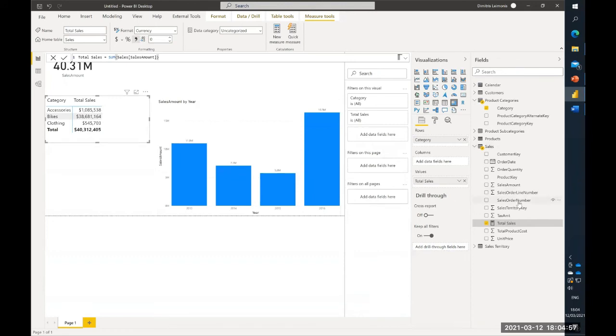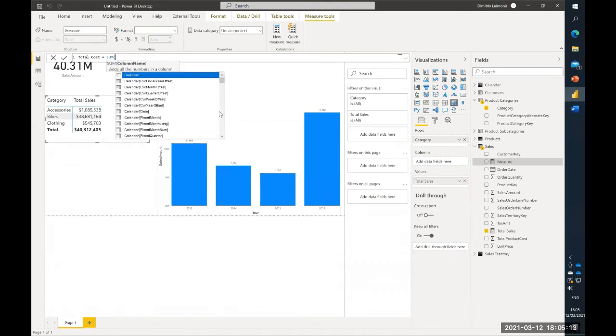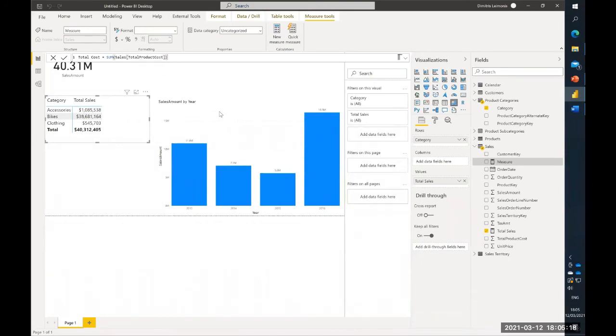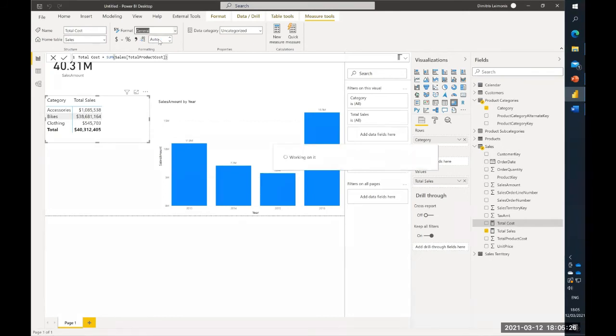And I'm going to write one more measure. I'm going to take the product cost, and say total cost equals the sum of the total. So it does have IntelliSense and helps you. You don't need to type the whole thing. The only thing you need to remember when you're writing measures is, fix the format. So currency, no decimals. So up until now, it's nothing really exciting